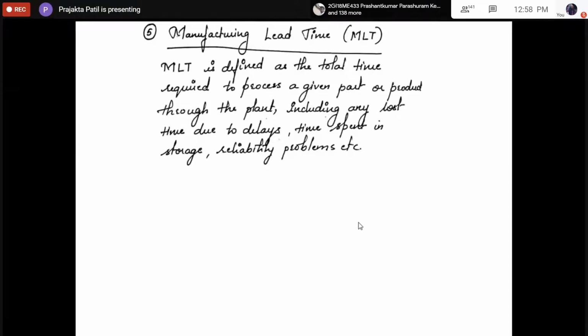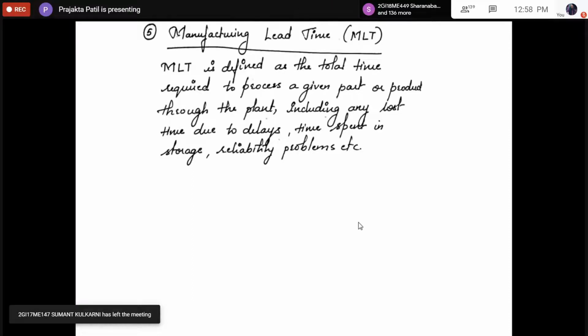So what happens when we are trying to understand this manufacturing lead time? We have come across different types of products. We enjoy different types of services in our day-to-day life. One of the important things that we consider when choosing any product or service is time. How quickly do we get the things? How quickly can a product be delivered? How quickly are we getting a service? So time is a very important factor whenever we choose any of the products.